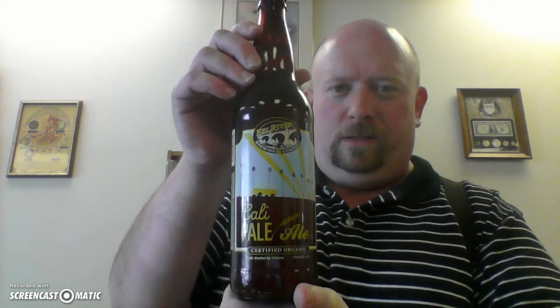So, today I'm going to be reviewing the Eel River Cali Pale Ale. I bought this at Lee's Total Wine over here at Boca Park for $2. Normally, this 22-ounce bottle would cost, I believe, $4.99. And this does have an ABV of 4.8, so it makes it within range. It's actually slightly low for a pale ale, but I've been noticing that the California pale ales seem to be coming in a little lower on ABV, so maybe that'll be a mark of California pale ales once they get